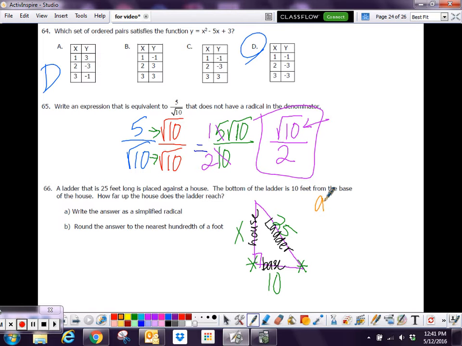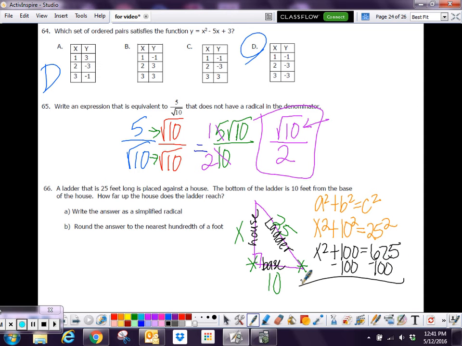Okay, so I'm going to use a squared plus b squared equals c squared. I'm going to say my a side is x. So I've got x squared plus my b side is 10. And then your c has to be your hypotenuse. So that equals 25 squared. Keep working this out. So I have x squared plus 100 equals, I think that's 625. Subtract the 100 from both sides. You get x squared equals 525. I'm actually going to move that over here. So the square root of